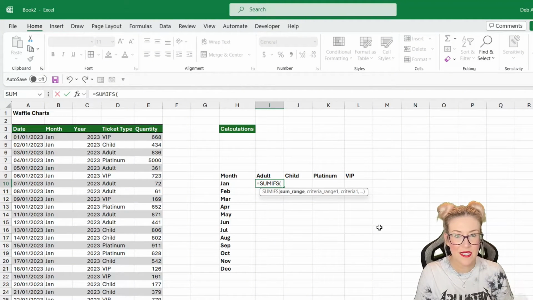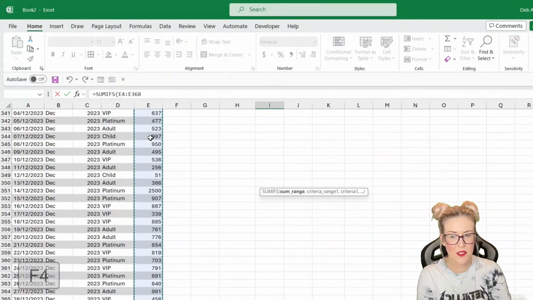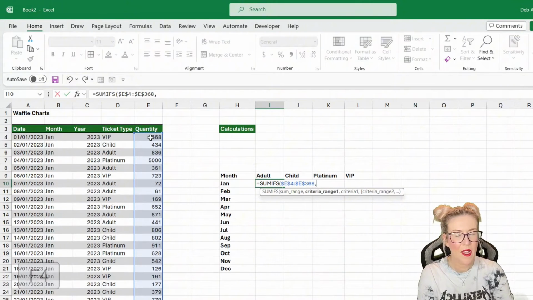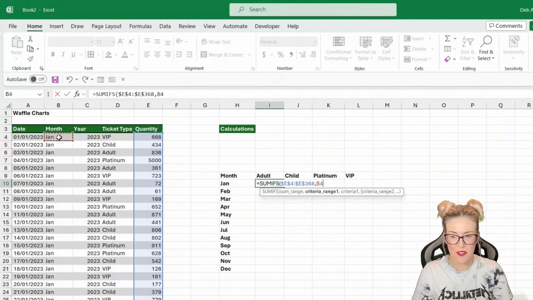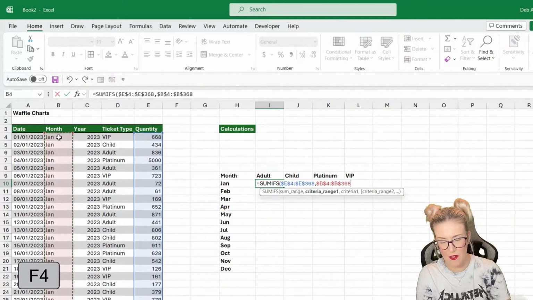So what is our sum range? Well, we're summing the quantity of tickets. Control Shift down arrow, and we want to F4 to lock these in place. Comma. What is our first criteria range? Well, our first piece of criteria is the month. So our criteria range is going to be where we find the month. So let's go back over to our table, Control Shift down arrow to select the month column, F4 to lock,